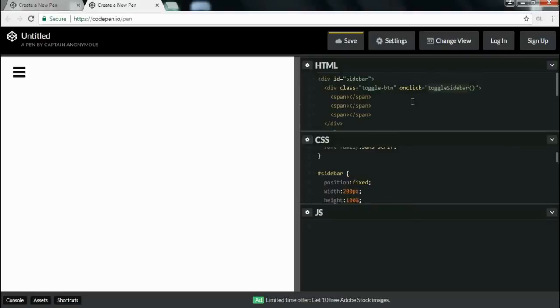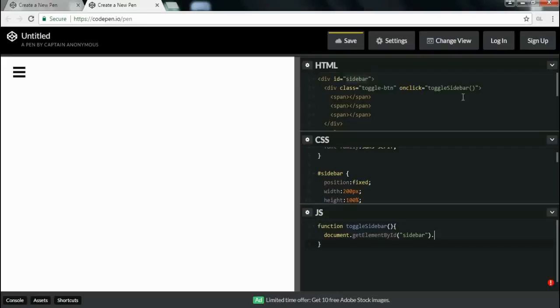So first of all, I will define this function, that is toggleSidebar. So I will write a function name, open and close parenthesis. So first of all, I will select this div having the ID of sidebar by using the document.getElementById function. So I will write document.getElementById sidebar.